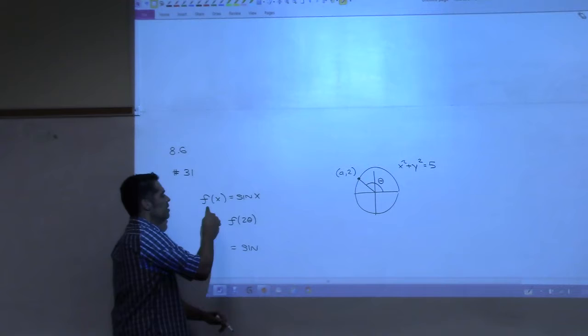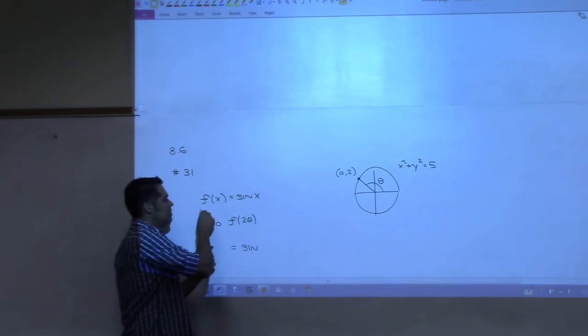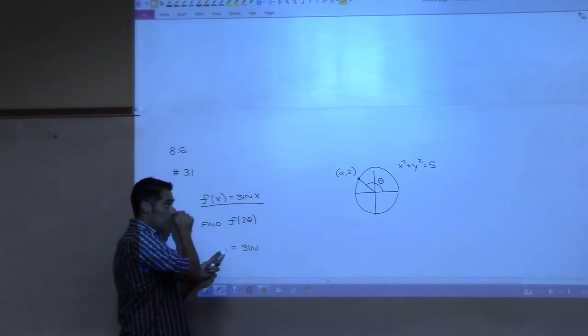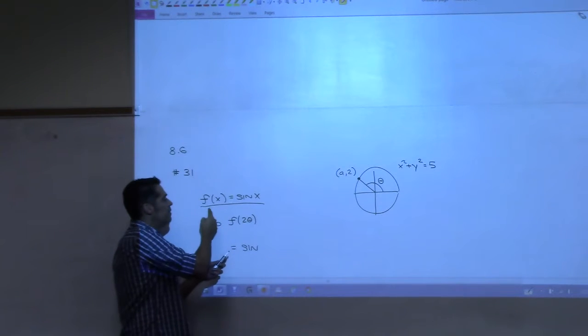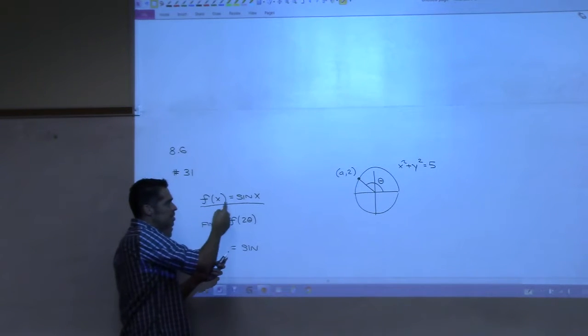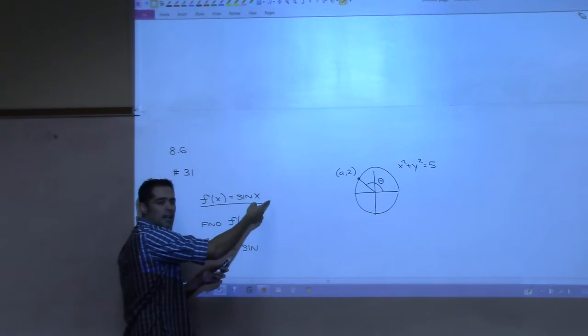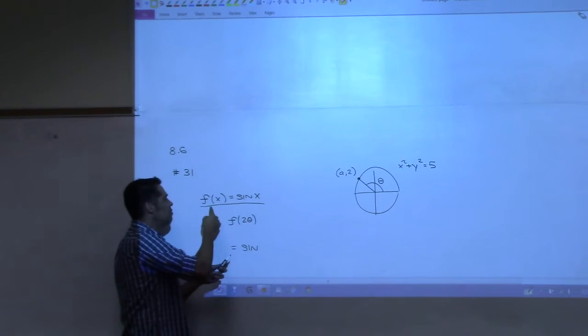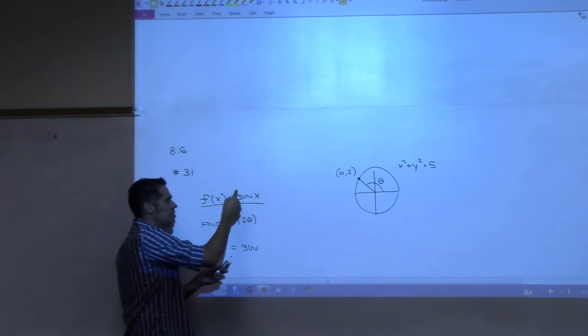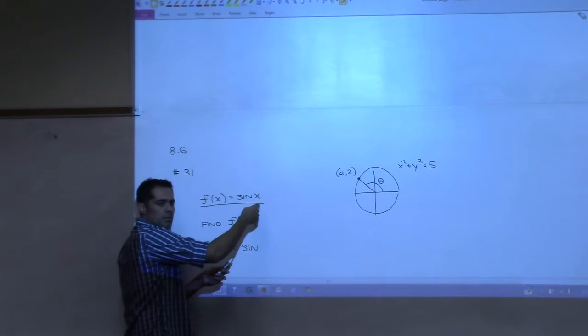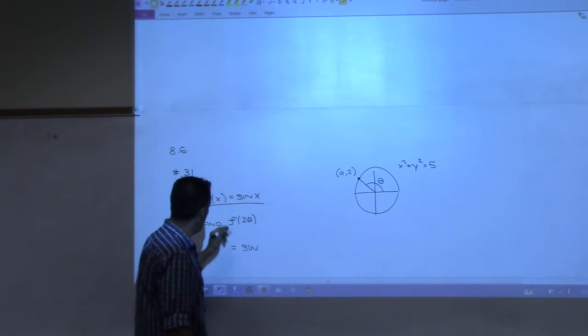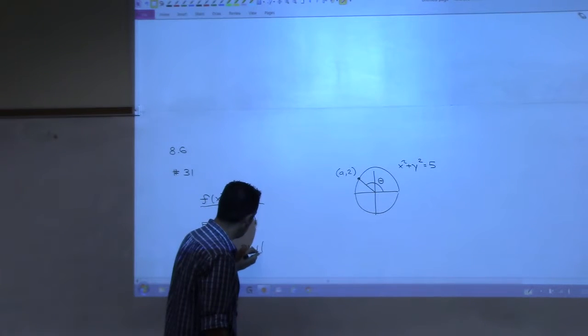Okay, let me ask you this. If they're telling you f of x is sine x, right? Then what would f of 2 be? That would just be sine of 2, right? If I said what's f of 10, you would say sine of 10. So if I say what's f of 2 theta, it's just sine of 2 theta, right? So when they ask for f of 2 theta, they really want to know what is sine of 2